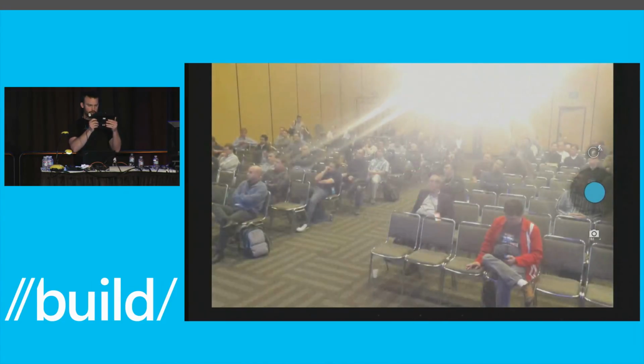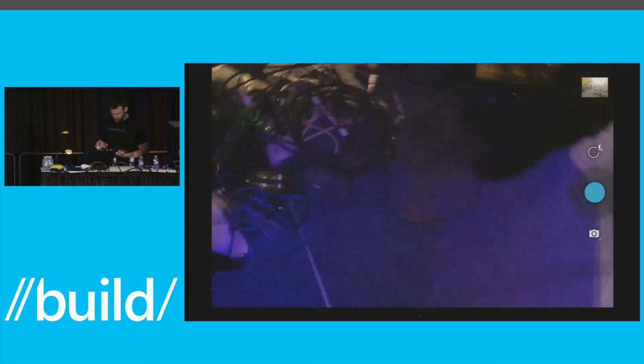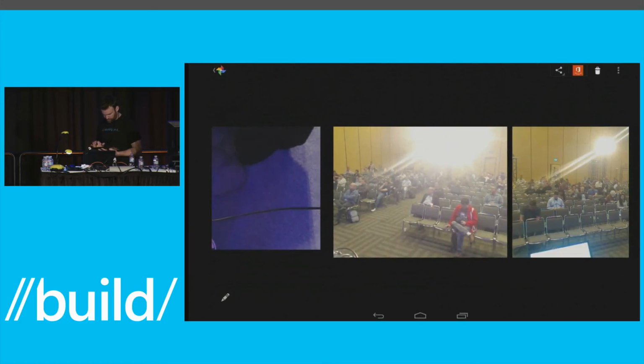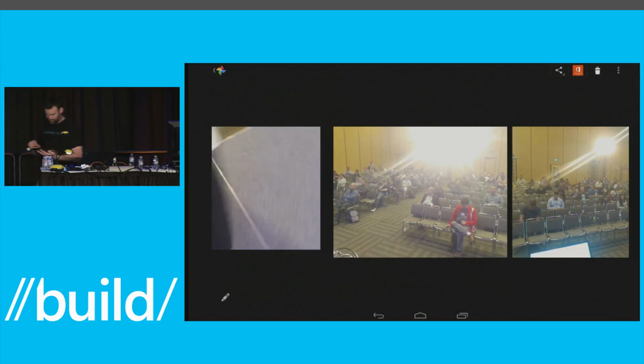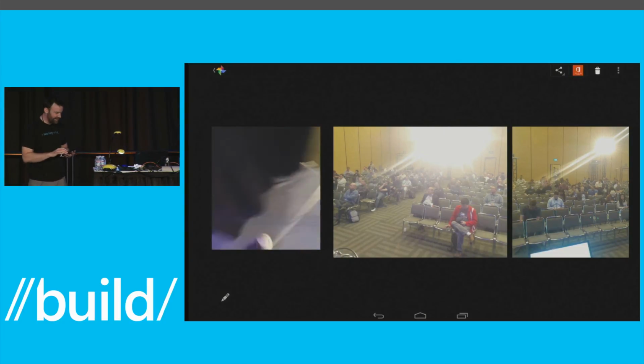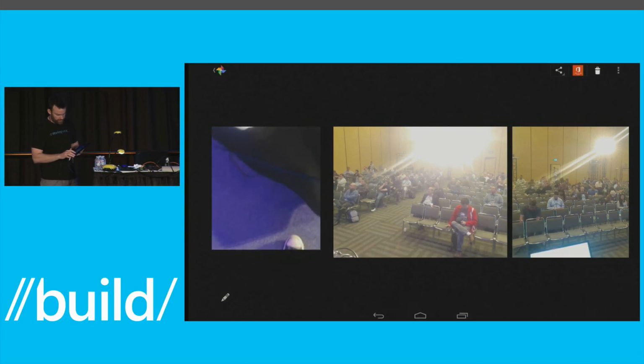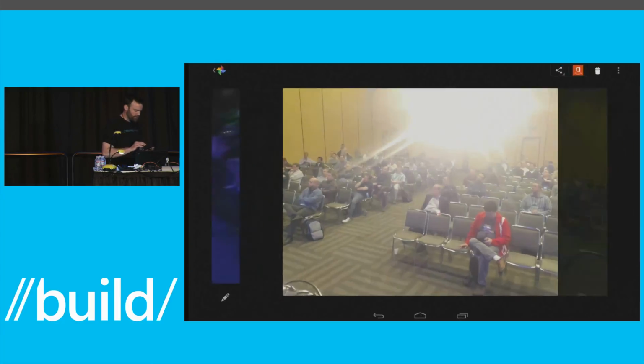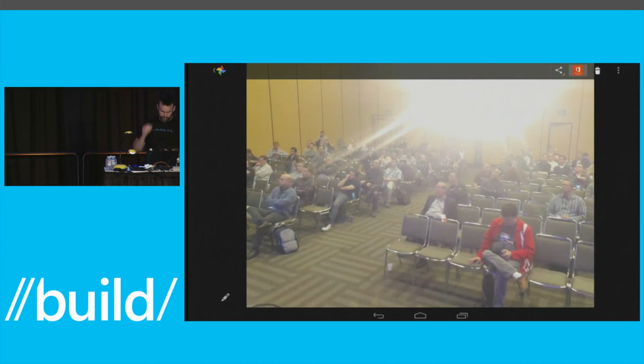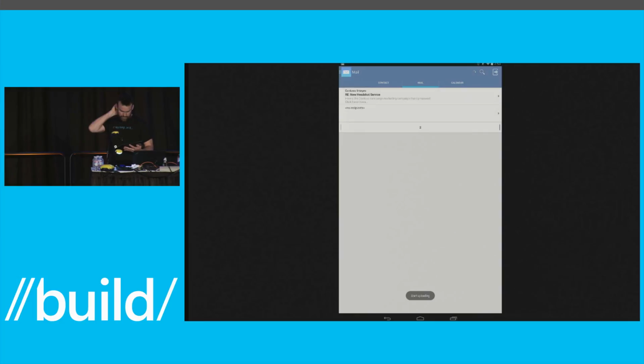So we got a picture of our crowd of super enthusiastic, excited people. And you can see here when I click on this picture, next to the share button, there's this little Office widget. So that app registered for the share icon. And when I click on the share, it's going to launch the app and send that picture. The app's going to say, uploading picture. It uploaded it successfully. I could upload some more pictures. And now if I switch back here, let's look on my calendar.